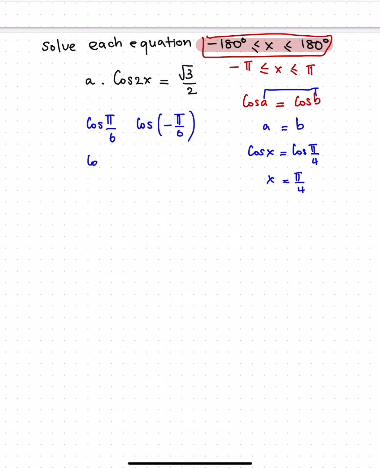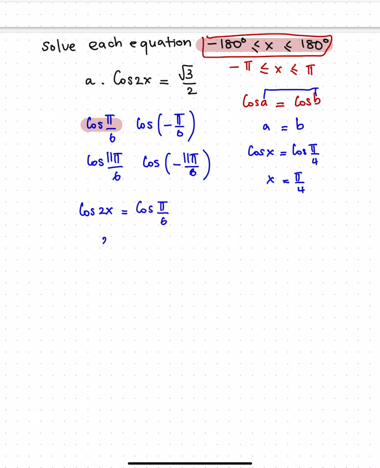So in the fourth, it's cosine of 11 pi over 6, and also cosine of negative 11 pi over 6. It has 4 cases. So the first case is cosine of 2x equal to cosine of pi